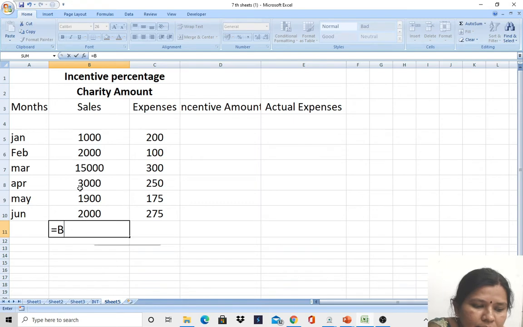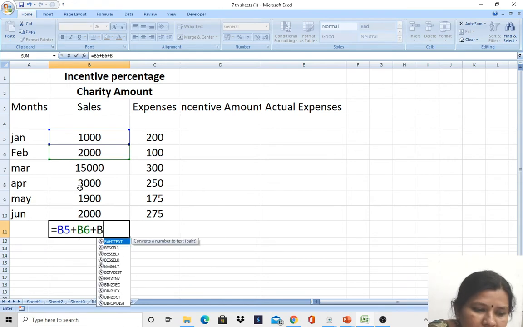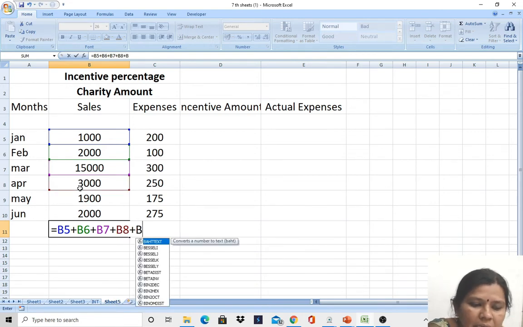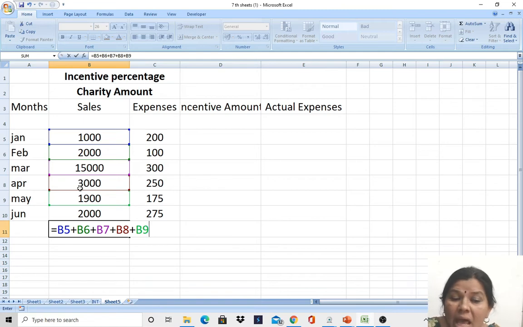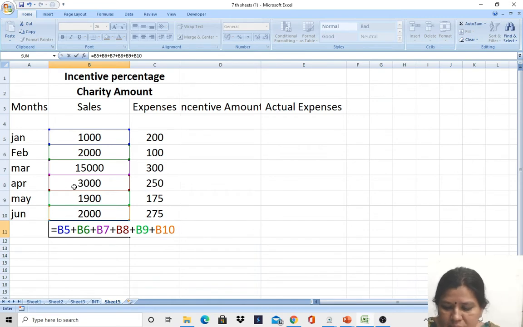So how we have to write: B5 plus B6 plus B7 plus B8 plus B9, okay. And you observe, even B10 also is there, plus B10.